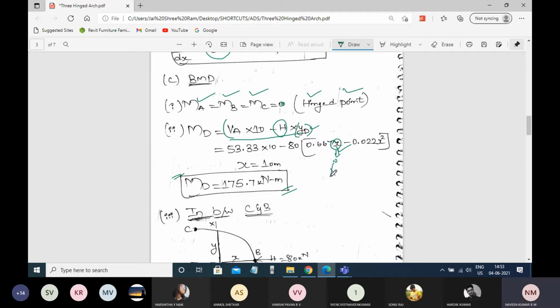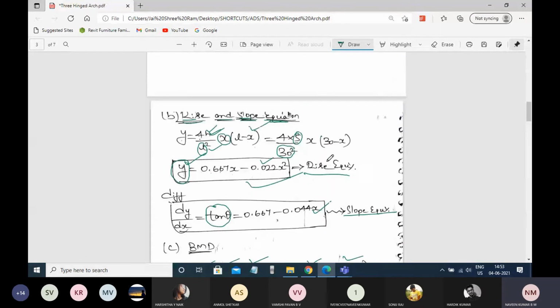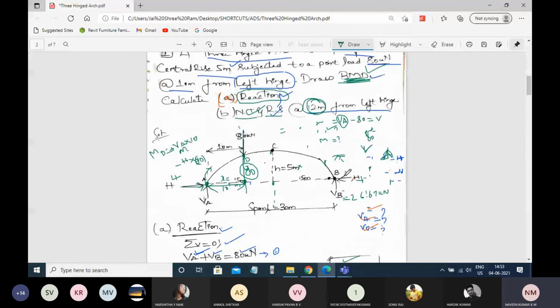Now on the AC segment, we got the maximum bending moment. Now move on to the BC segment. There is nothing here, right? There is no load acting over here. So what we'll do, we'll consider a section in this particular segment, since we don't know where exactly the maximum bending moment is acting. We'll consider a section, and this distance we'll consider as X. Understood?